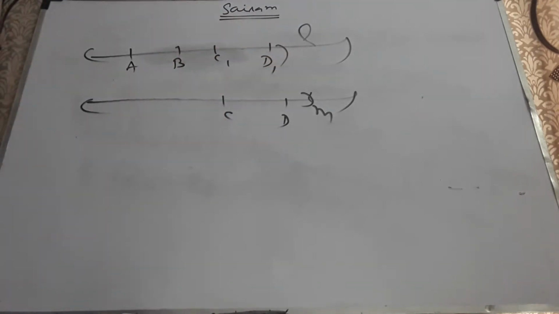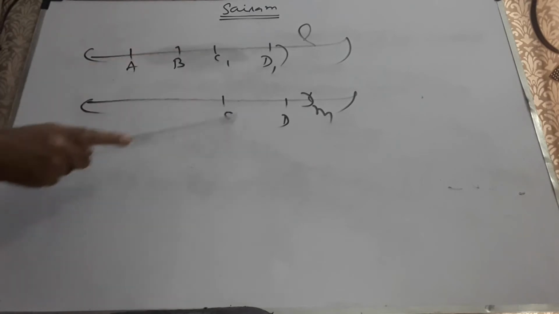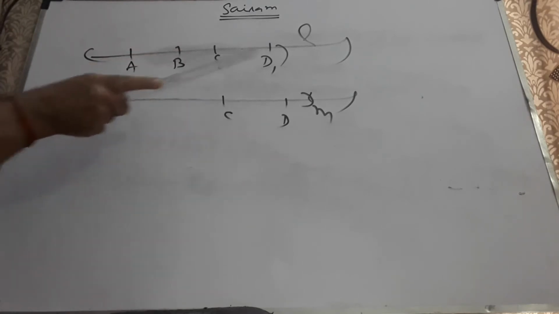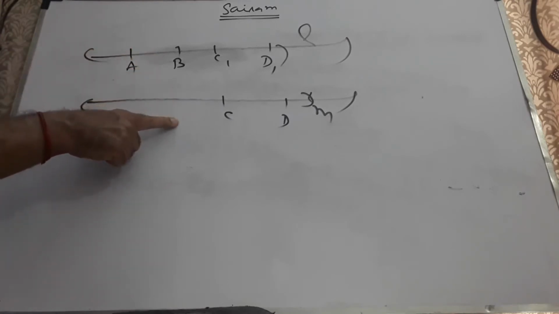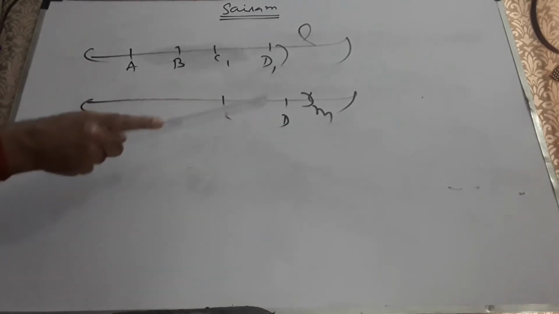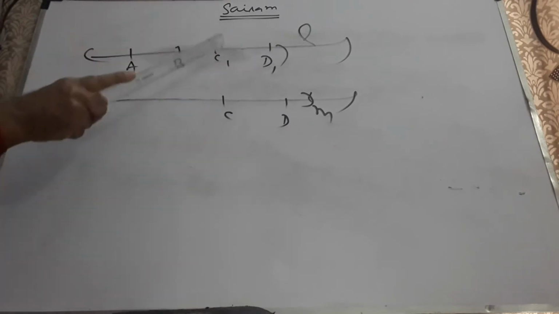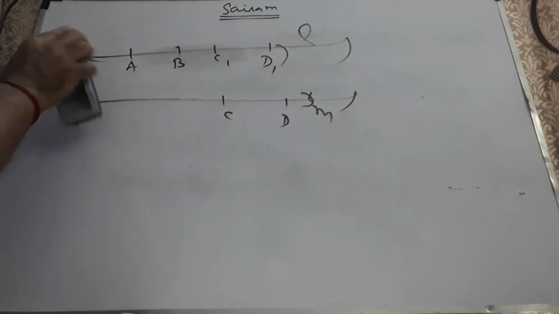Let me just explain once again. I am given two parallel lines L and M, and if I am given AB vector on L and CD vector on M, I'll be able to produce C1D1 vector equal to CD vector on L itself. Therefore, in the case of vectors, parallelism and collinearity will imply the same. Both will definitely imply the same.